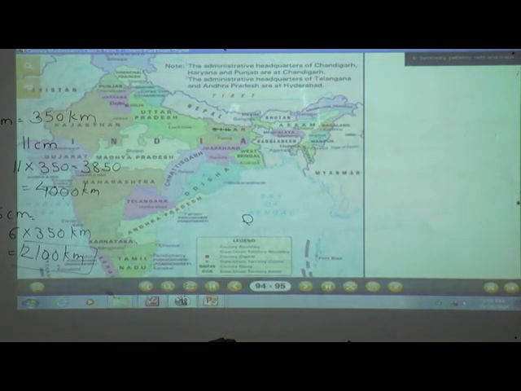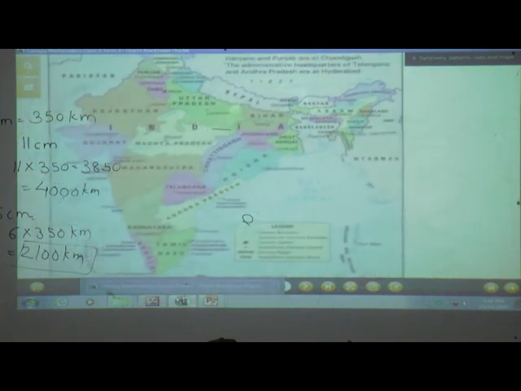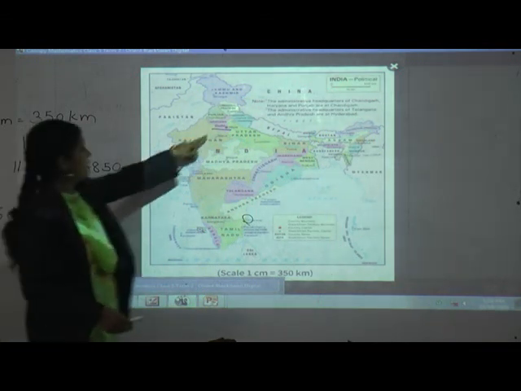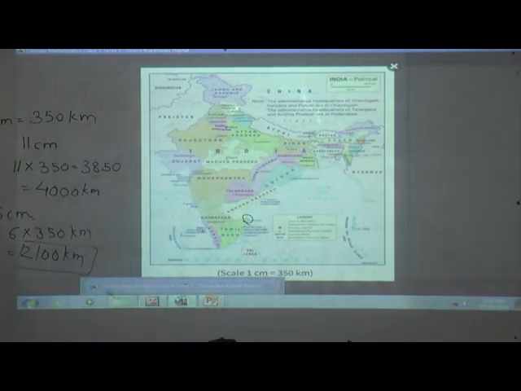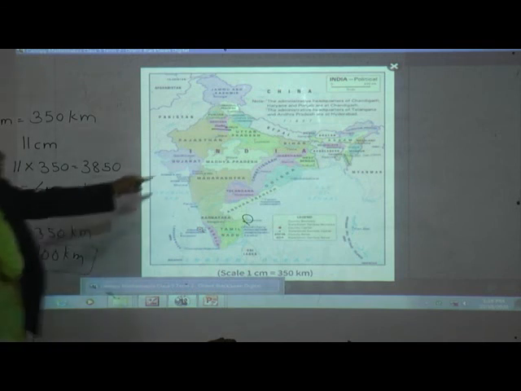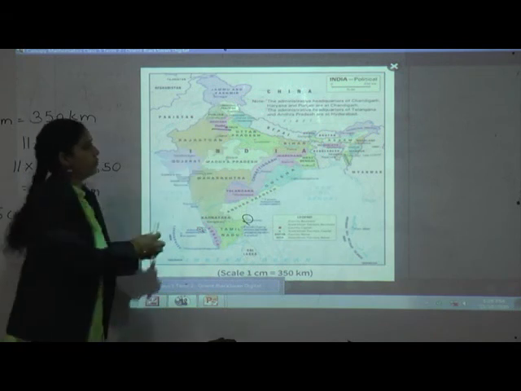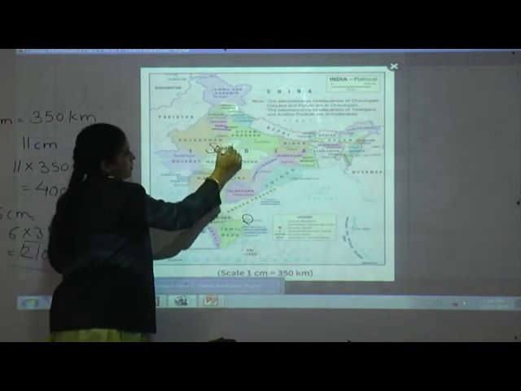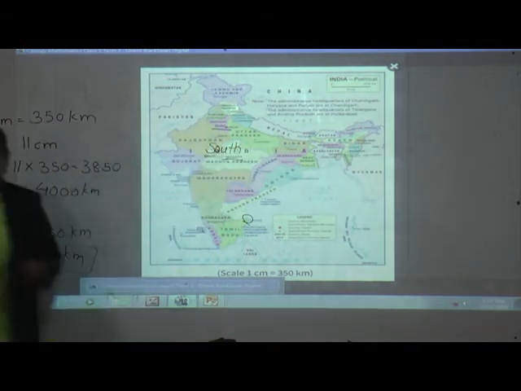Even, students, here they have given us some questions. If north is at the top, see the fourth one, south is at the bottom, east is to the right and west is to the left, then which direction will you travel to go from Delhi to Bhopal? Where is Delhi? Here. And where is Bhopal? See carefully. Find Bhopal. Here. So which direction will we follow? Yes students, very good. South. Write in your textbook, south.